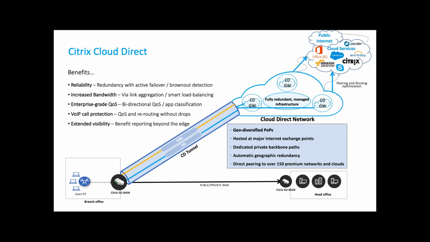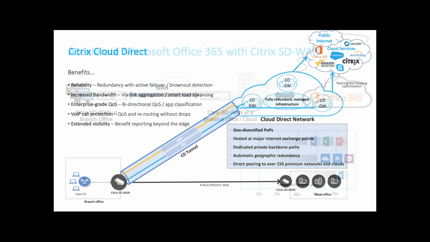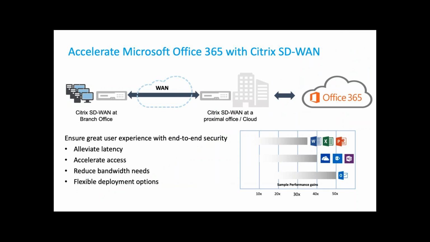Now, Office 365, in one way or another, customers are migrating to Office 365. So if we take something like Teams, for example, or maybe more of a SharePoint or Outlook Exchange application that's been shifted to the cloud, that's going to be performing great for a customer that's now out on the internet because you're going to be closer to these Microsoft points of presence. But when you come back to the data center, what's going to happen? Back to the branch. You're going to be hairpinning your traffic from your branch location to the data center and out to the internet, because there's technically no way to break out directly from the branch without SD-WAN at this point in time.